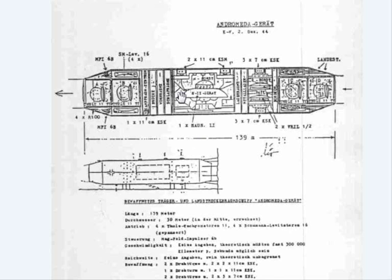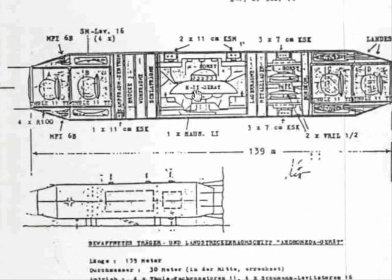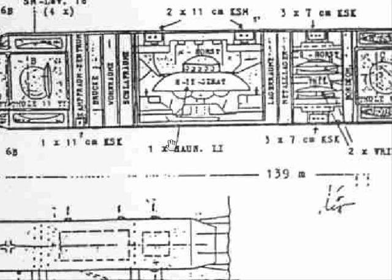Now these are the schematics of another spacecraft. It's called the Andromeda Gerät, or the Andromeda device, or Andromeda spacecraft. As you can see here, it is practically a carrier craft, designed to carry a Haunebu 2 Gerät in its internal place. It's depicted as H2 Gerät, Haunebu 2. Here are the so-called energy towers, or KSK Drehtürme, 3 times 7 centimeters KSK